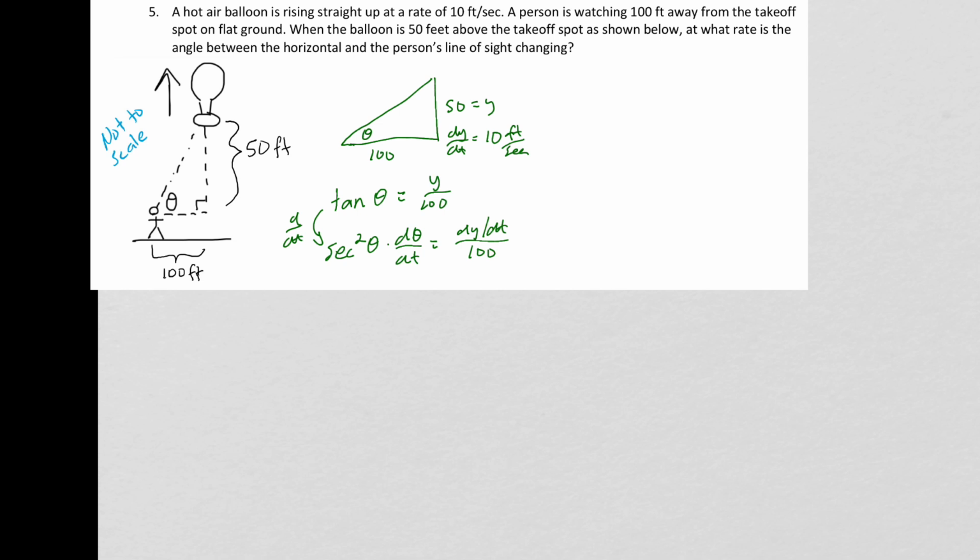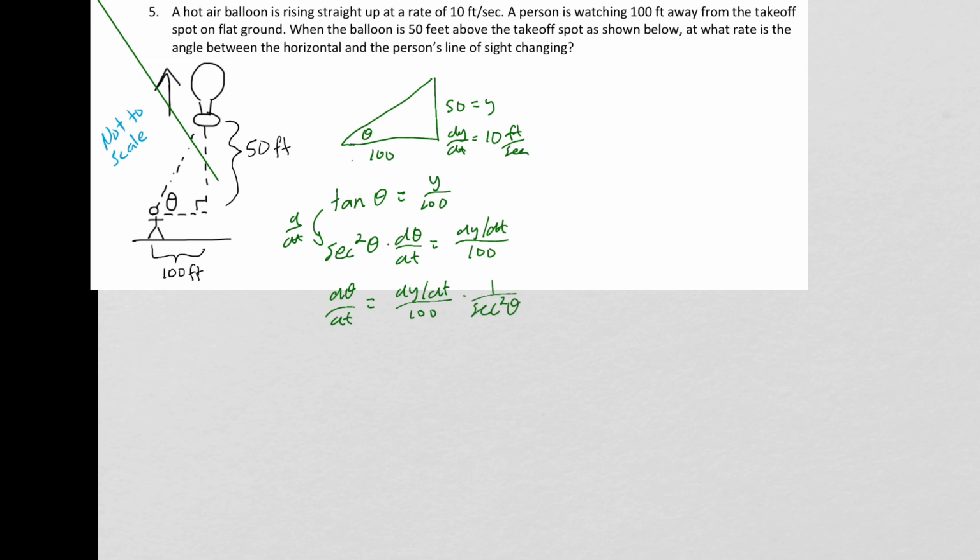All right, so from here, I am going to divide by secant squared theta. I'm going to do it a little different order than the other ones. Remember, I'm looking for d theta dt. So I'm going to divide by secant squared so that it is on that side and I have the d theta dt isolated. That gives me d theta over dt equals dy over dt over 100 times 1 over secant